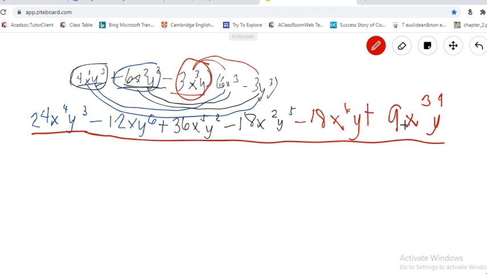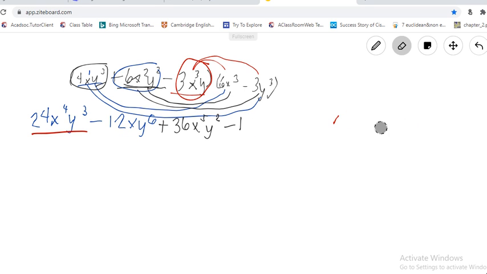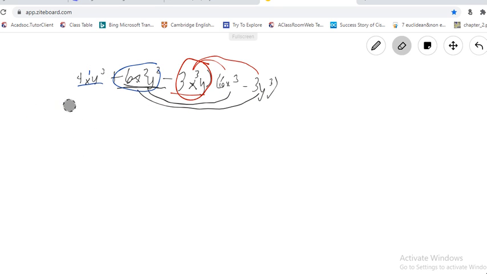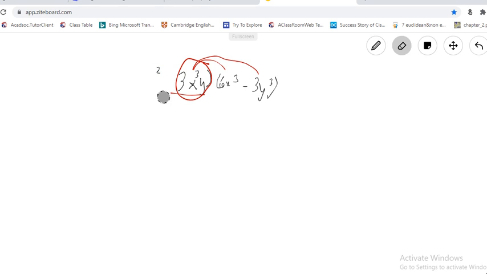So, do you get the same answer as me? Okay, if you got the same answer as me, that is very good. I hope that this one is clear enough for you to understand the second one. Now let's move on to the third one.